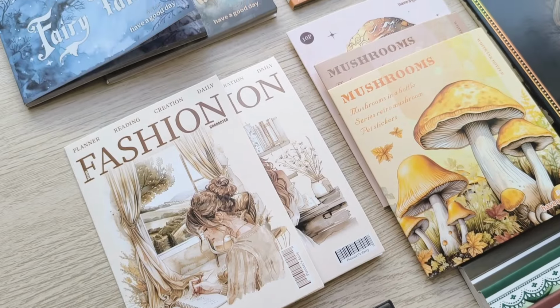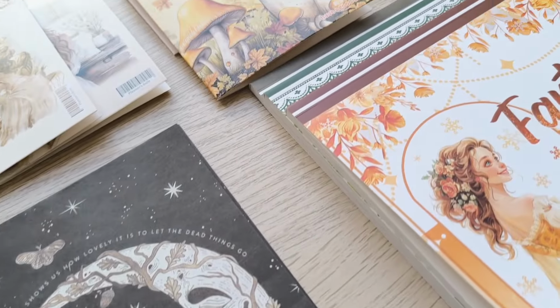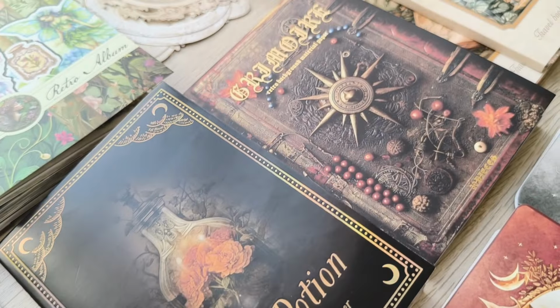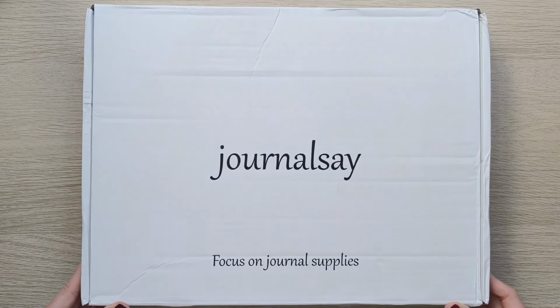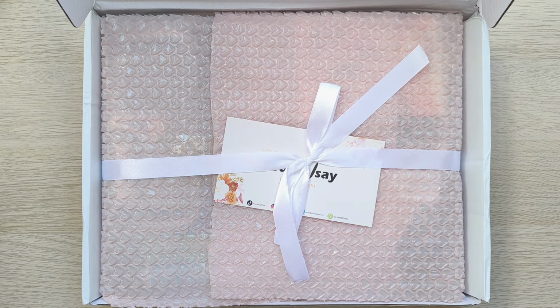Hi, it's Philo. It's been 4 months since my last JournalSay unboxing, and I've used their stationery on literally every page of my reading journal since then. They're probably my favorite pages I've done, so I wanted to update my collection for fall and winter. As always, they gave me $100 budget to pick whatever I'd like, and that got me the hugest box ever,